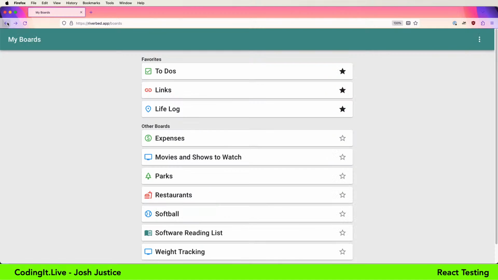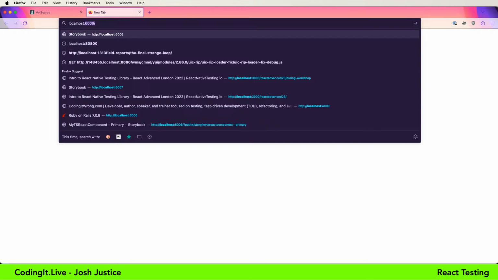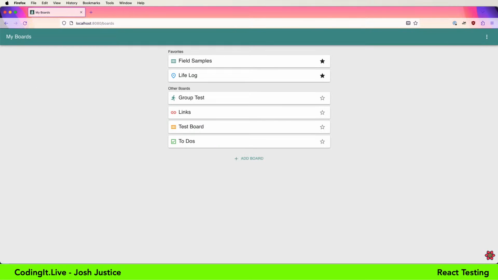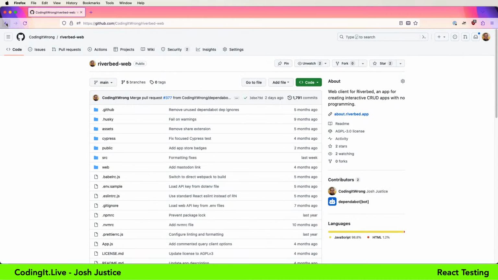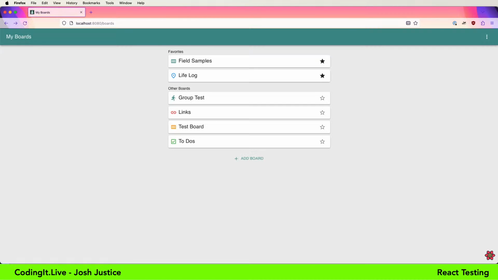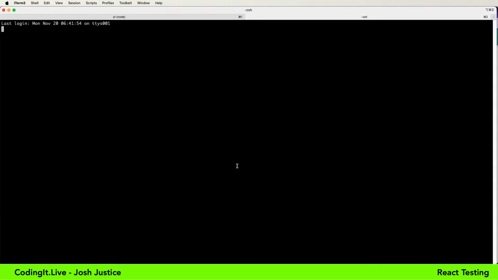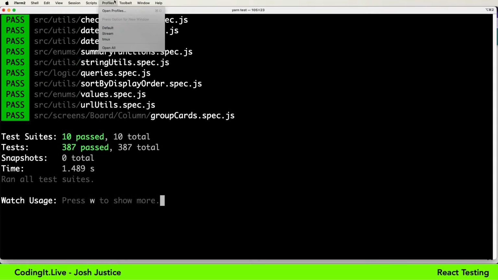Oh, so I had this running on the server here, but I have this running locally as well. So let's pull up the local version so we can give it a try. And let's just make sure that link works. I probably want that in another tab as well, but yeah, there we go. All right, so let's make a new branch to make these changes in. I'm going to do a new tab with the current profile.